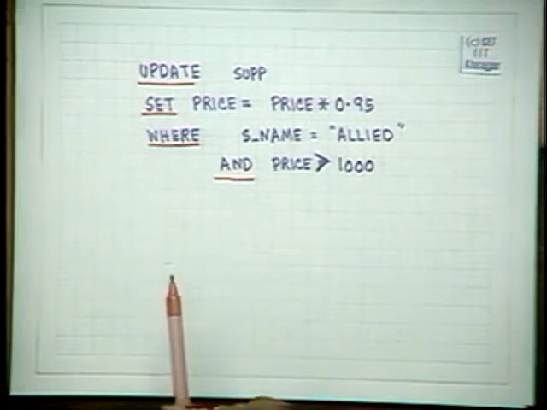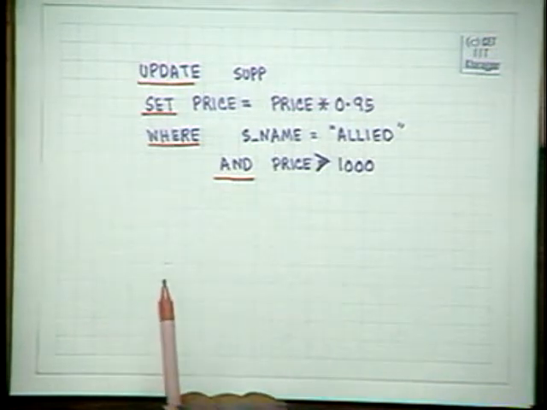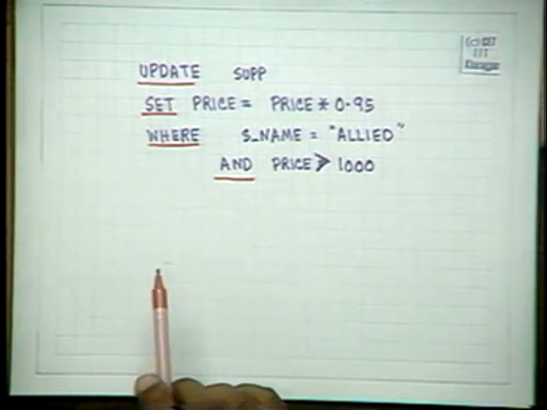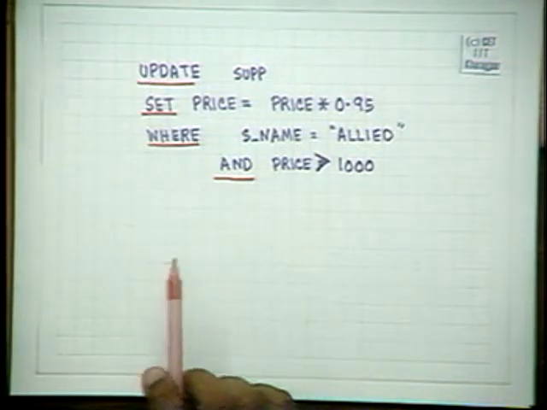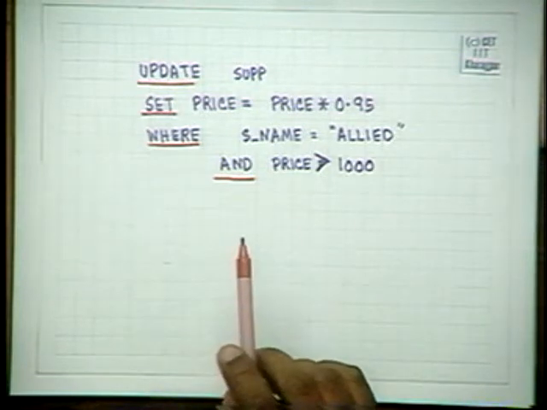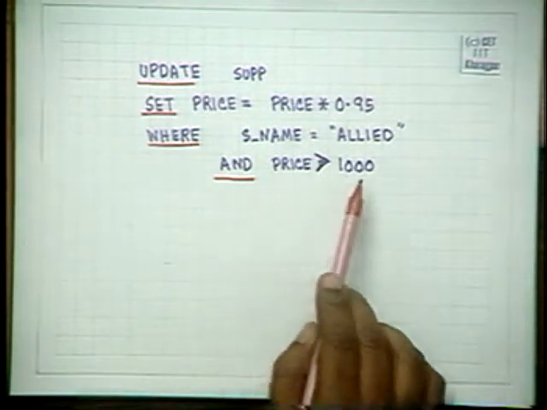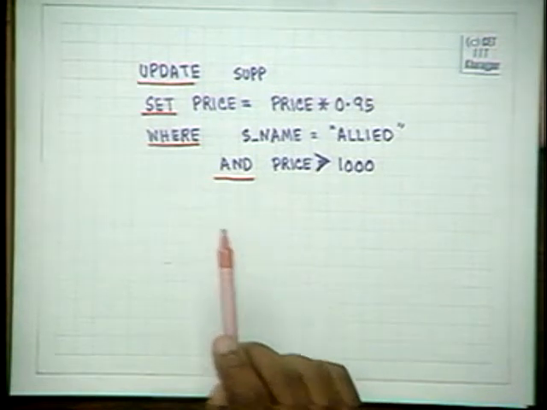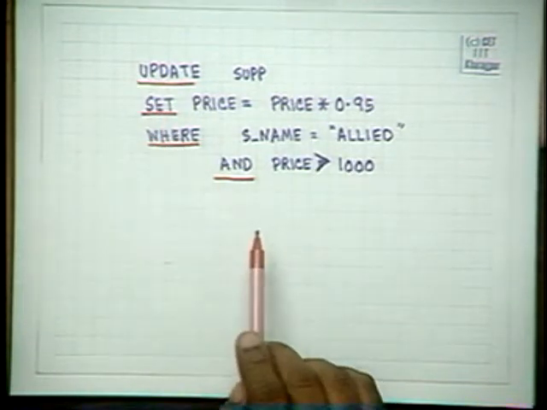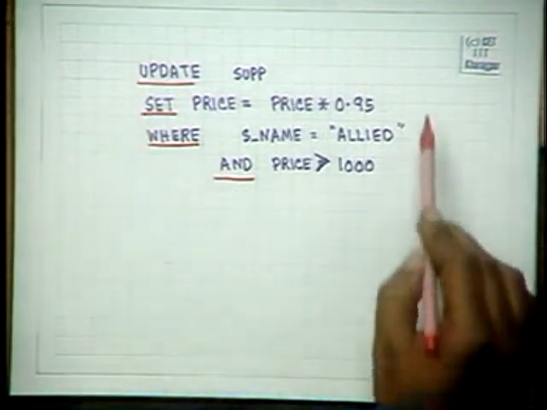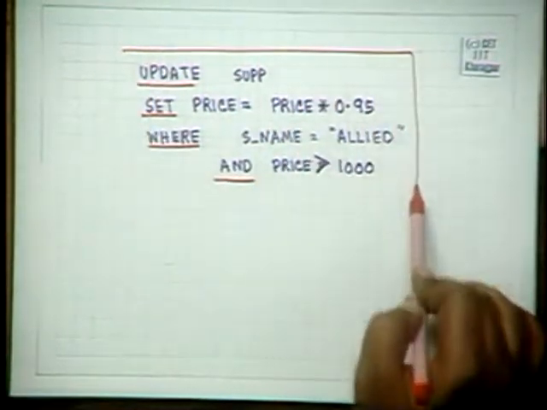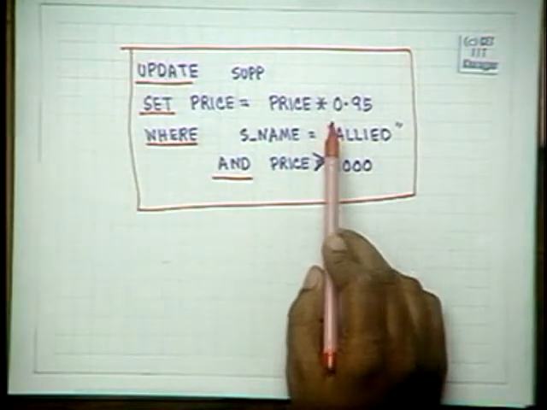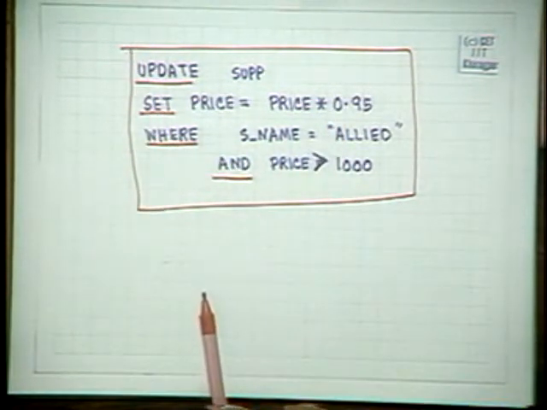That is, allied says that okay, after it has supplied the books and the books have been entered, there is a negotiation, and after that negotiation it is agreed that for all these books, each of which is worth more than 1000 rupees, there will be a 5% discount. Then the database has to be updated, and this updation routine, if executed on the database, will give the 5% discount and reflect it on the price of that person.